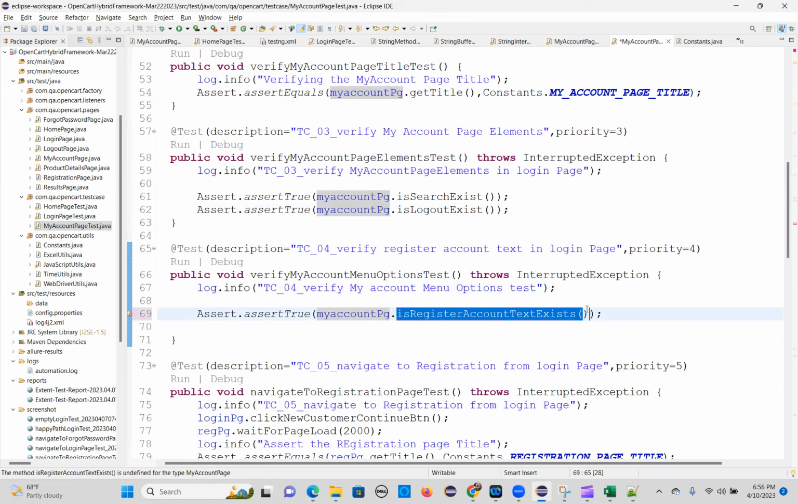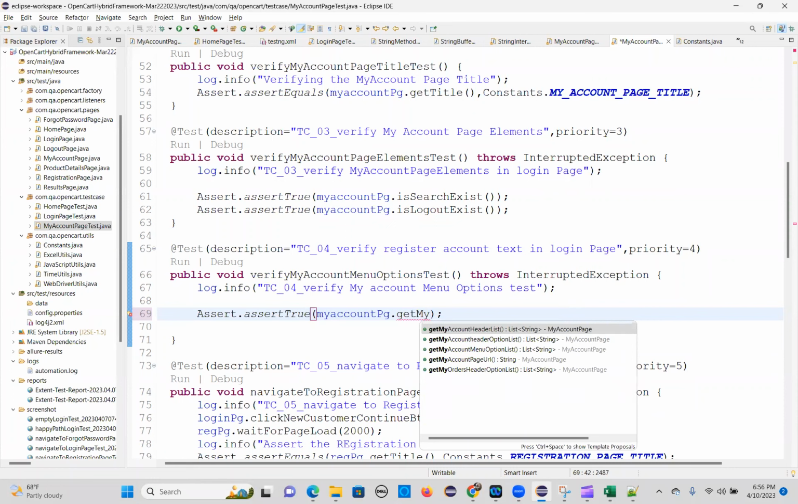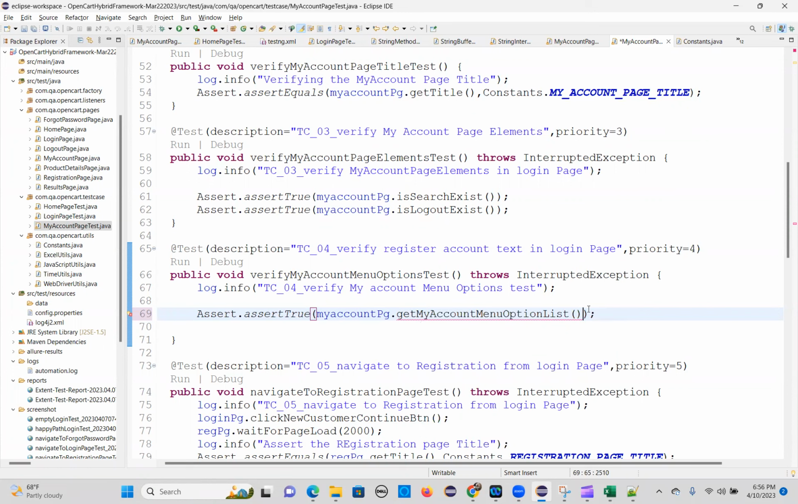I just basically need to compare. So get the size, I think we have it. Get my account menu option list we have, right? Get my account menu option list. So it will fetch all the text, right? That is equals to, you have to make it a set equals. You're comparing with a set equals, and just make this